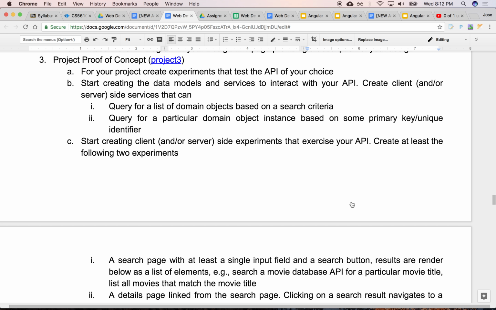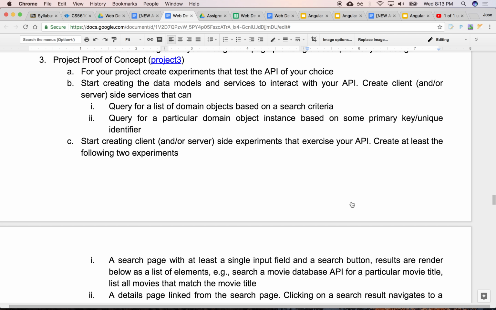Or if I search for a movie title, Batman, it comes back with 20 movies that have Batman in their title. Yes? And if I click on one of them, it'll go back and fetch more details: the plot, the directors, all the actors, pictures, posters, how much money they made, what their Rotten Tomato rating is, PG-13, all of the details. Make sense? Again, for the proof of concept, it doesn't look pretty, but you need to prove that you feel comfortable that it's going to work for you.